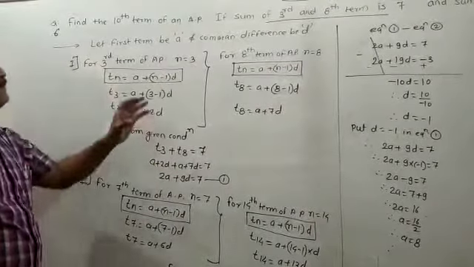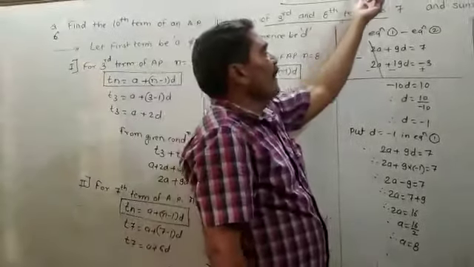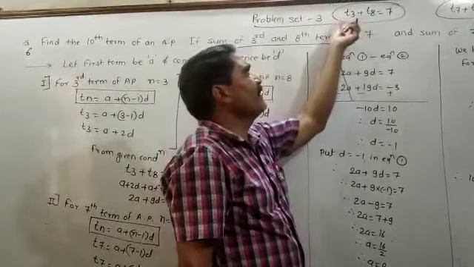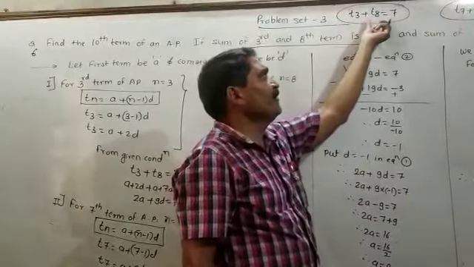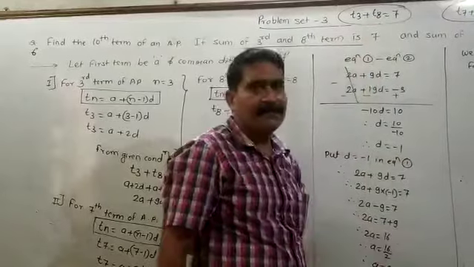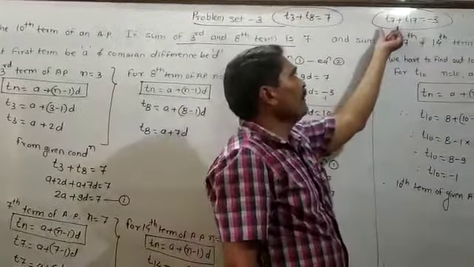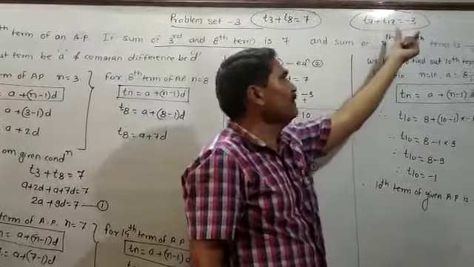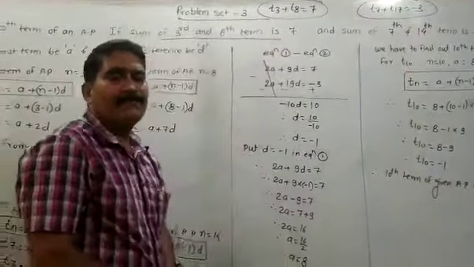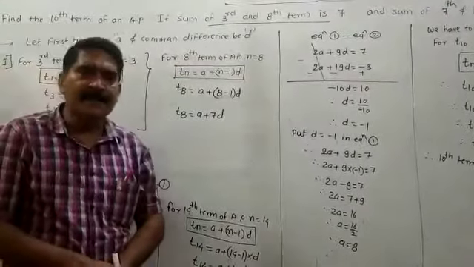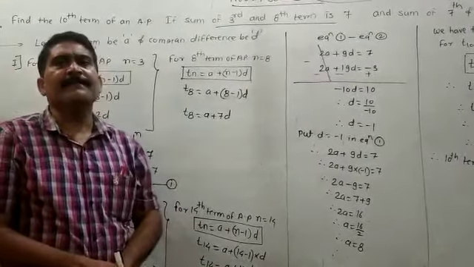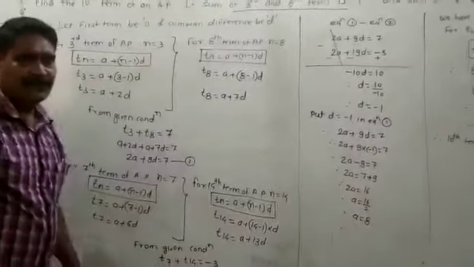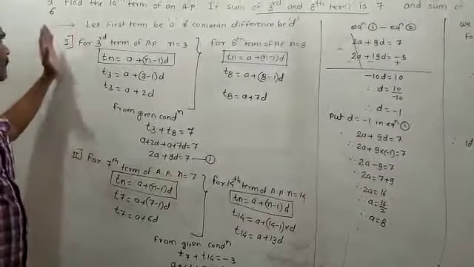For that, whatever be the given things, you have to consider the first term be A and the common difference be D. According to that, you have to find out the third term, the 8th term, do the sum, and frame the equation. Then find the 7th term and the 14th term, do the sum, frame the equation, and by the elimination method find out A and D, and put the A and D for finding the T10. So, step by step, we will solve the example.